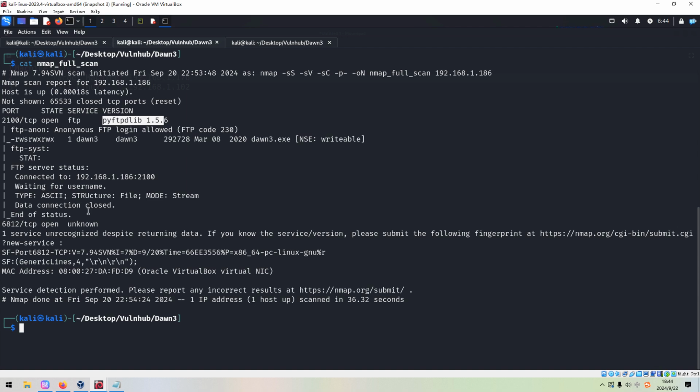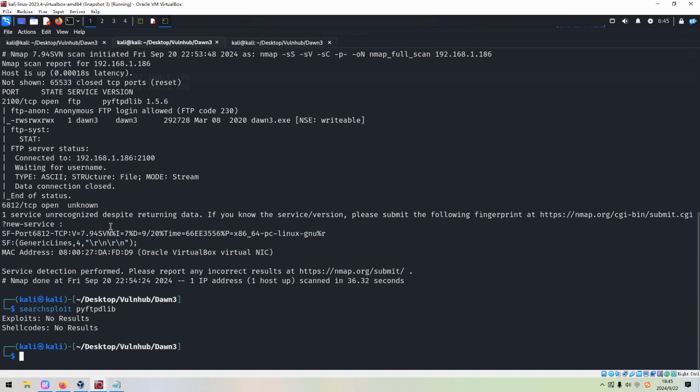So how to do? As I just mentioned, in this case we need to enumerate the FTP service. First of all, we need to check whether this version has vulnerability or not, right? We can copy and paste in here, no results. So next we can log into the target FTP, okay?